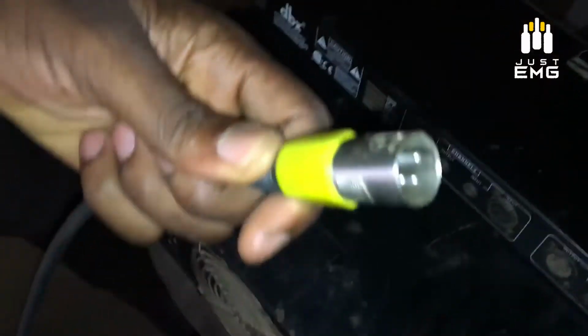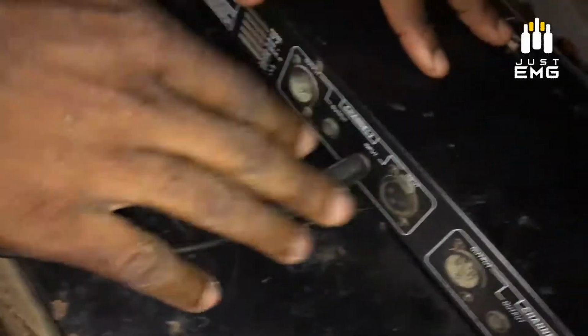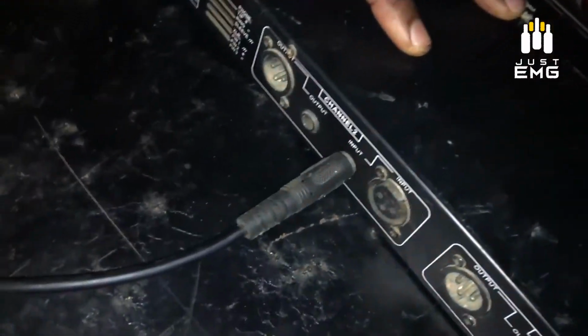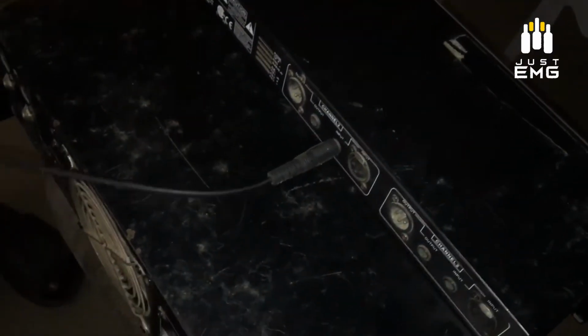This can be replaced with a jack plug and placed here also. So it means directly from the mixer you have the sound here as well. So once we can get our sound, it means any of this can be used. Then once the sound has been gotten here, the next thing we need to do is to take the sound